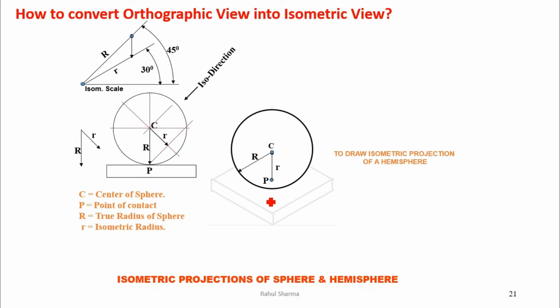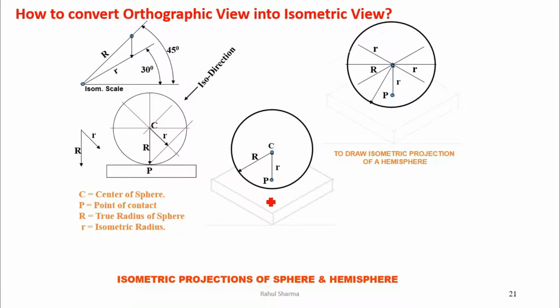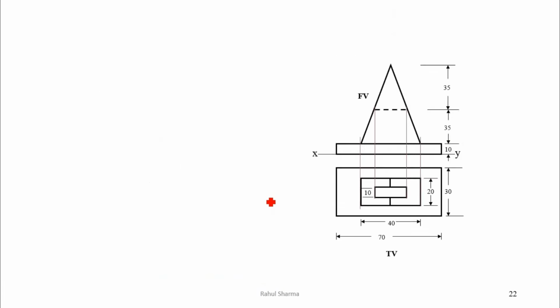Remember that in isometric projection of a ball, a sphere, its center point will be at the iso radius, but the size of the ball will be the actual radius. Now we will see for a hemisphere. You can see the same procedure, we make this. After that we will find out this point, and taking the iso radius on these sides we will make the square, and then we can make the ellipse using the same four center method. Then we will erase this. So in this way we will get the hemisphere on the isometric axis.